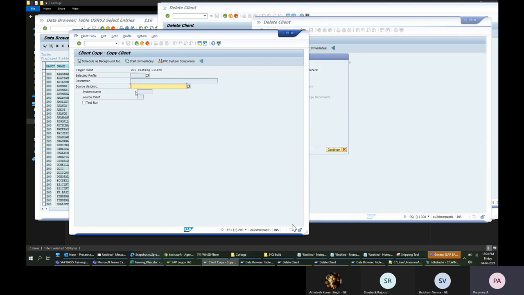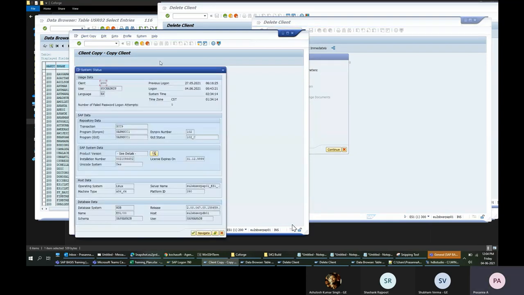The only constraint is you cannot copy from any system to any system. If I'm copying from a different system to the ES1 system, the software versions should be an exact match. Whatever software, whatever component is installed, everything should be an exact match.